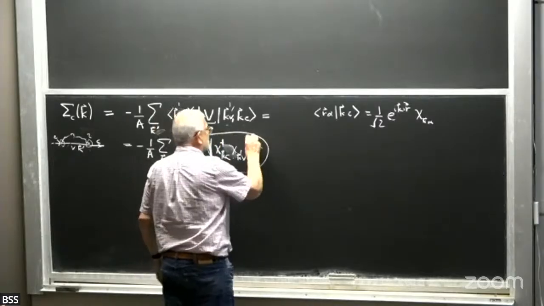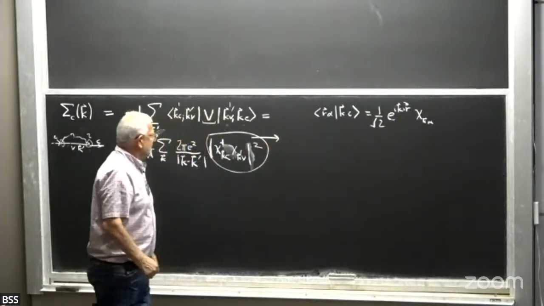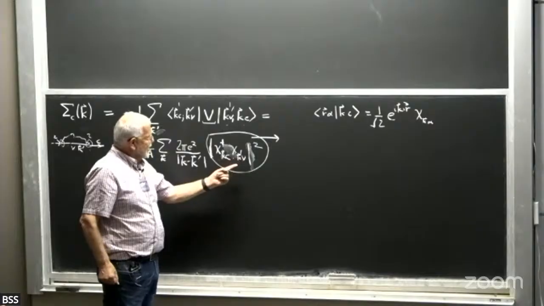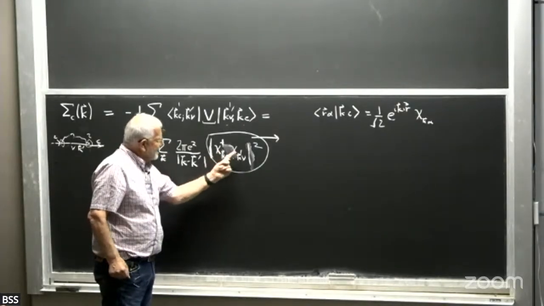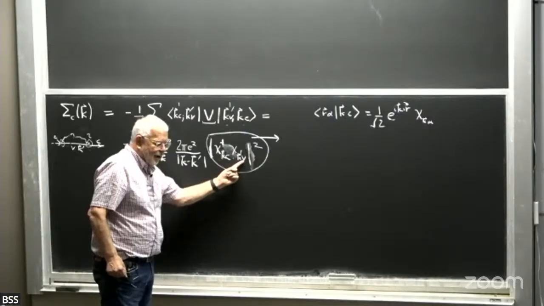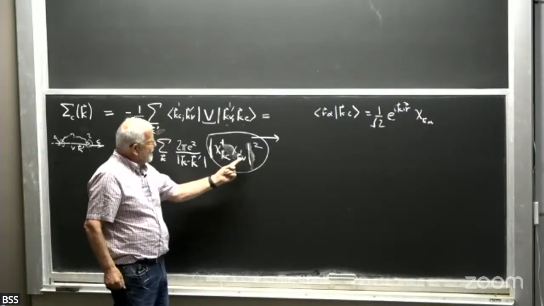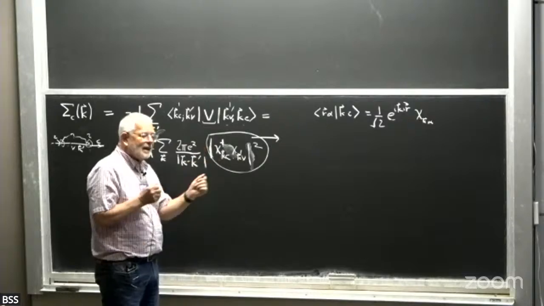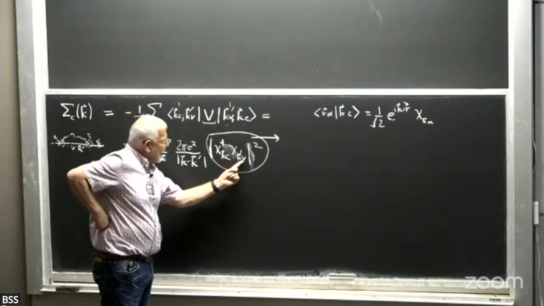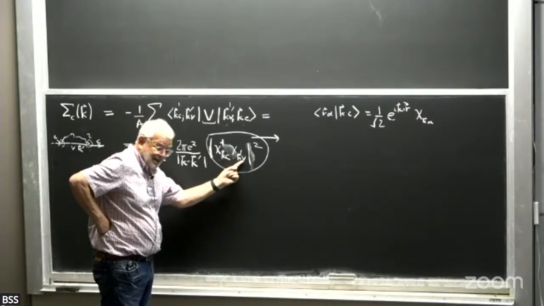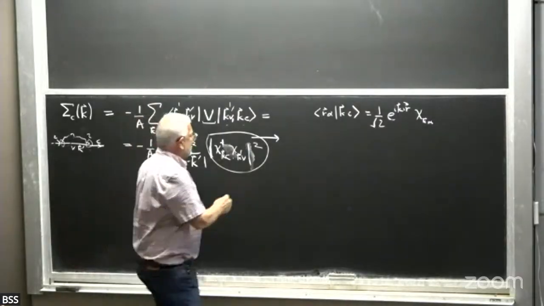And you can easily check that, for example, this state is along the direction k prime, but the conduction and valence band states point in opposite directions. So this is actually along the direction minus k prime because it's valence band. Okay, so